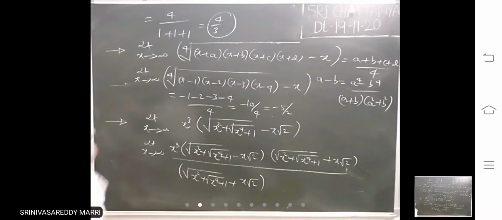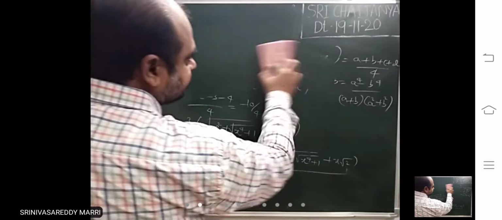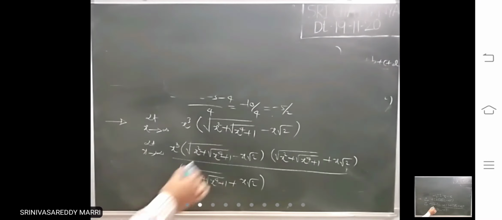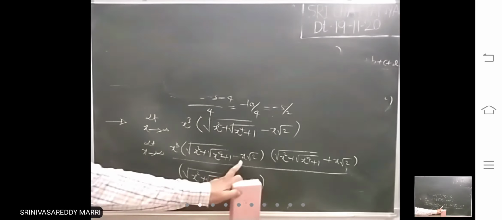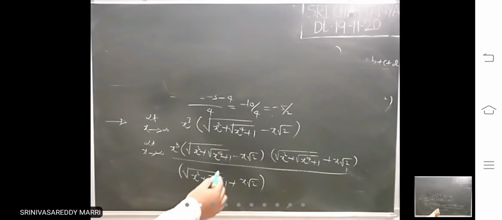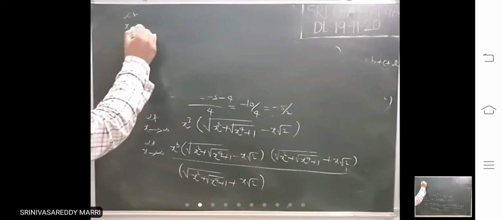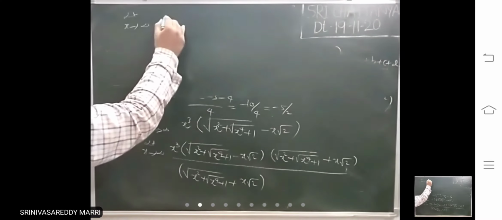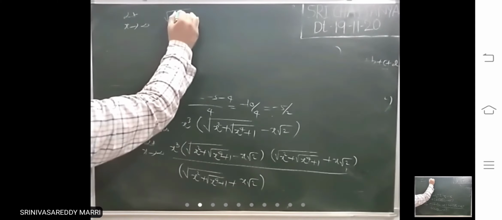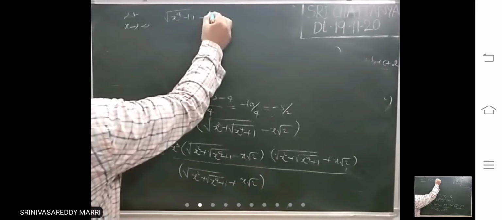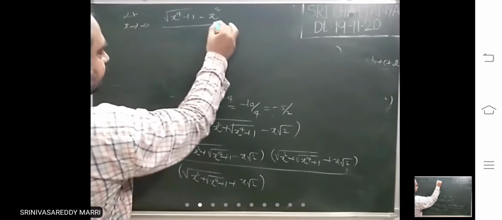If you write a minus b into a plus b, look at what you will get: x square plus root of x power 4 plus 1 minus 2x square. The a square minus b square means x square minus 2x square minus x square you will get, divided by